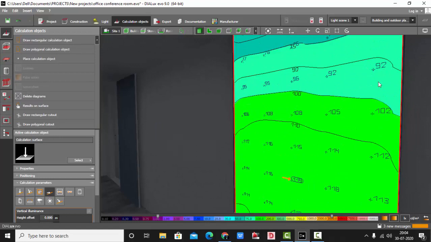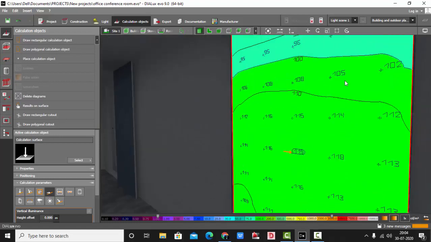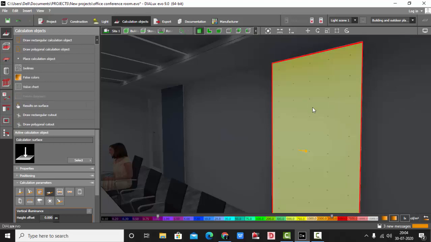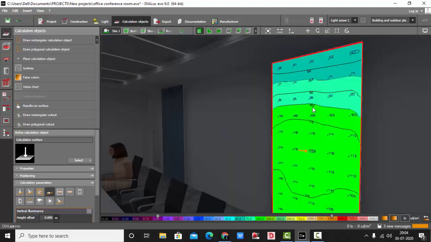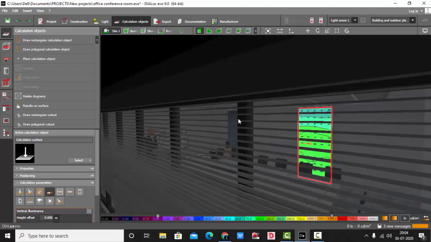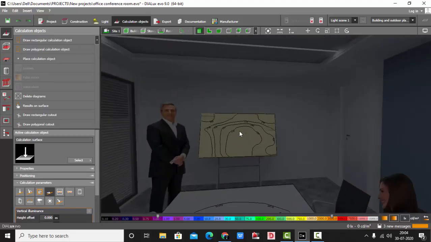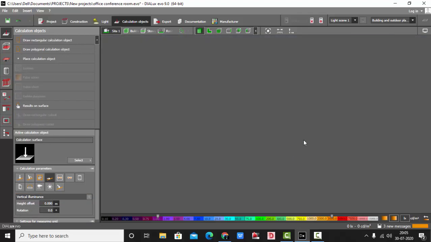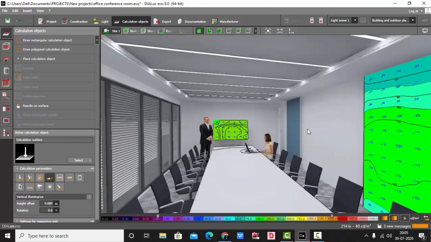You can change it even to a value chart where all the lux levels will be shown as numbers, or if you don't want these, you can simply delete the diagram. We'll go back, press Ctrl Z to go back. Same way, you can select this one and show the results in value chart or false colors. So this is how you calculate the vertical illuminance in Dialux Evo.